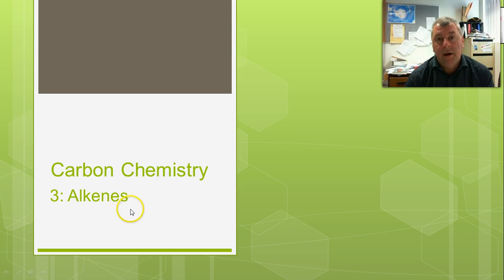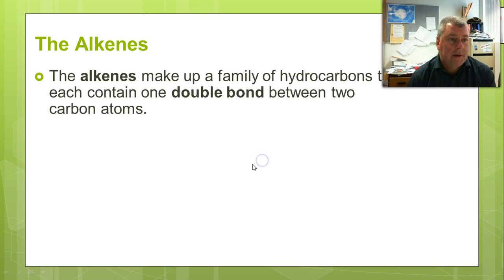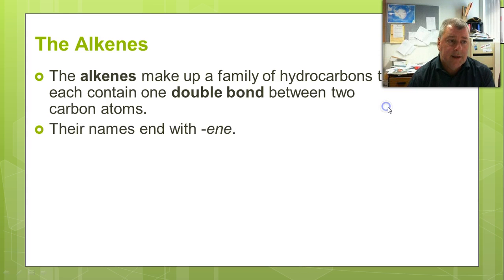And this group is our first group of unsaturated hydrocarbons. What does that mean? Well, they're unsaturated because they contain at least one double bond between the carbon atoms. Okay, and in physical science we're pretty much only going to deal with one double bond in the chain. No matter how long the chain is, we're only going to put one double bond in there. And their names end in "ene",